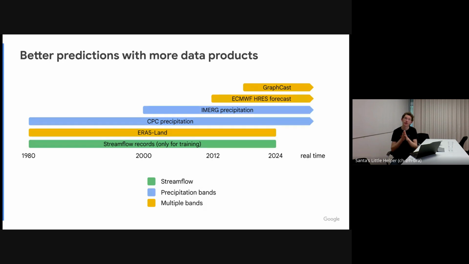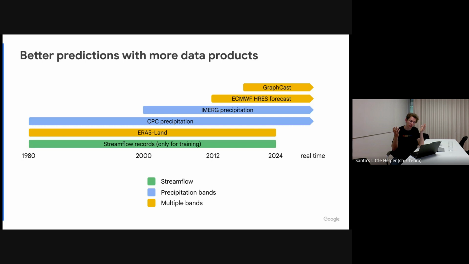And then for training, we also use ERA5 Land. We don't use that in real time because ERA5 Land is a reanalysis product, and so it's only produced after the fact. And then we have the streamflow records, of course, which are our labels during training. So you can see here how each of these data products has a different temporal coverage, but we're feeding all of them into the model to make the most accurate prediction that we can, given the information that we know. Now, the question is, of course, how do we